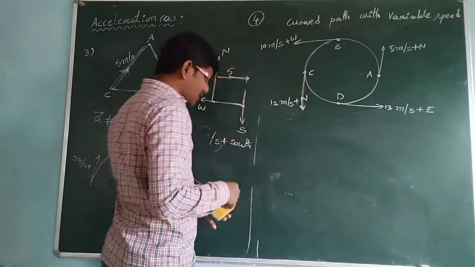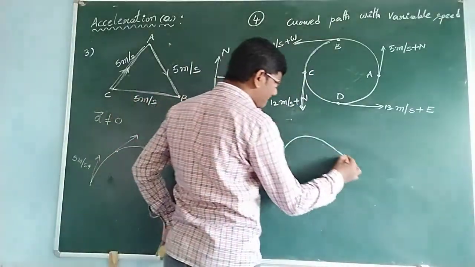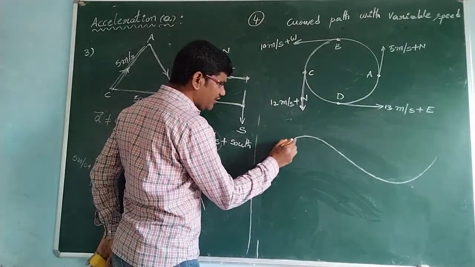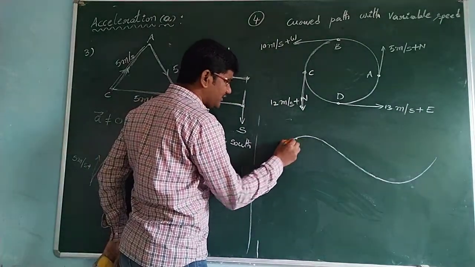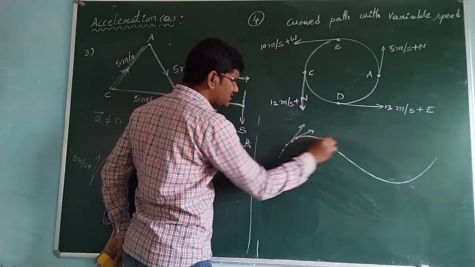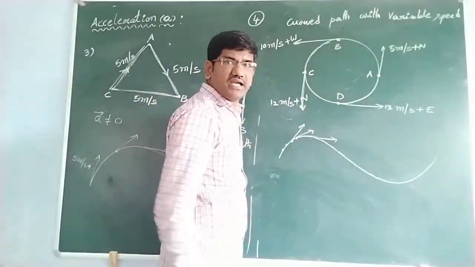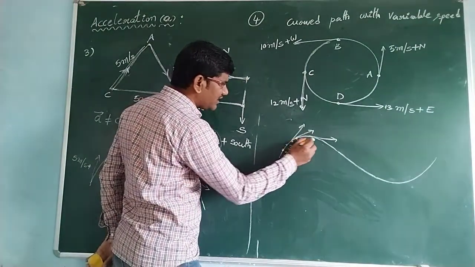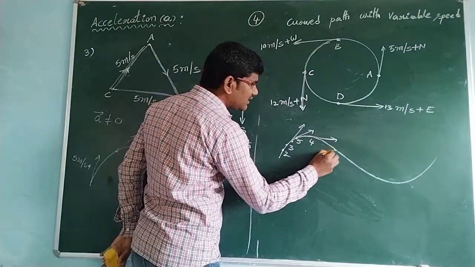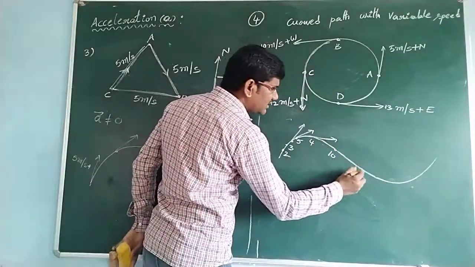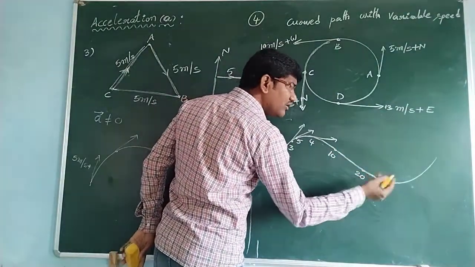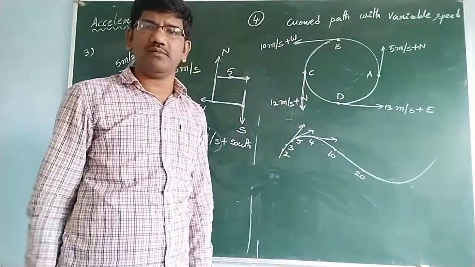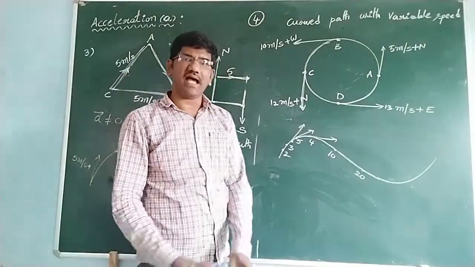Otherwise you can move on this kind of path also. At every point on the curved path the direction is different. Here direction is different, here direction is different, here is different. Every point direction is different and speed is also different. Here you consider speed 2, some 3, here is 5, and here is 4, and here suddenly it increases to 10, and here it becomes 20, and like that. Sometimes decreases, sometimes increases. Then also it is said to be moving with a non-uniform acceleration.